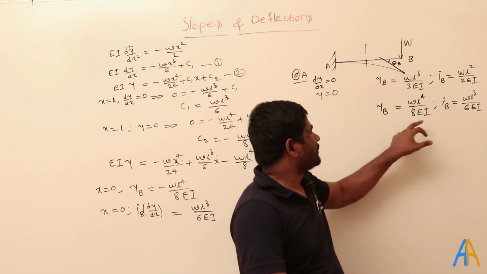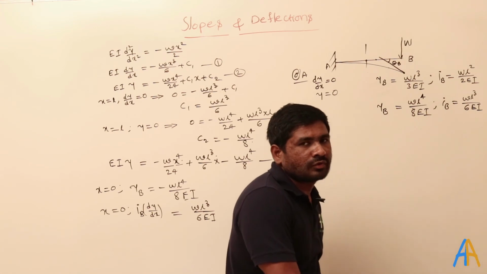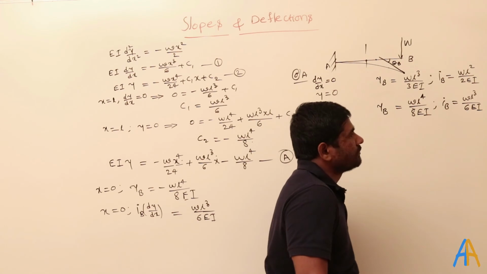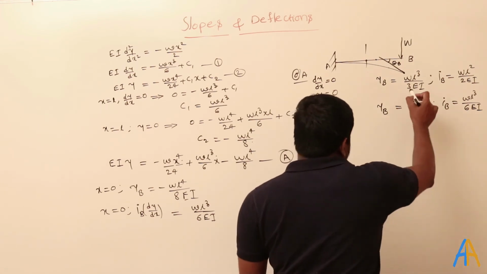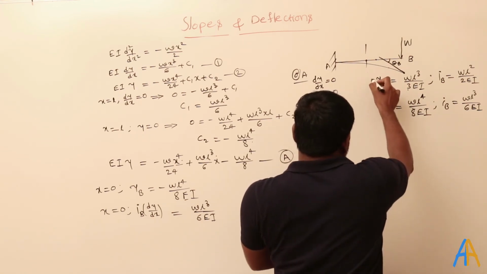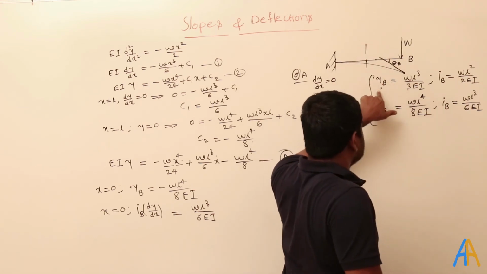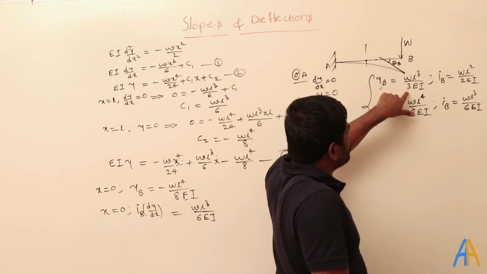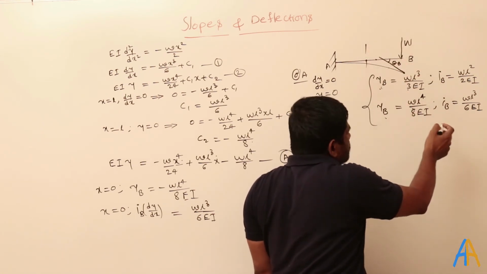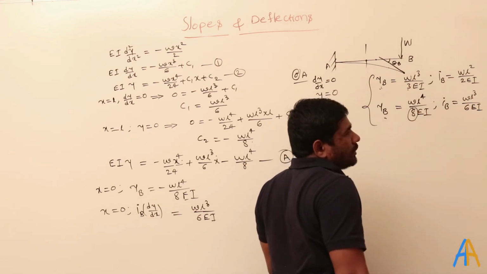See, the numbers are very simple in the case of the simply supported beam. That means the deflection in the simply supported, this is a cantilever beam. The deflection in the cantilever beam is high. How can I say high? Whenever the denominator number is less, then it is high. And if you compare between these two, this is uniformly distributed and this is the point load. For the point load, the deflection is more. Why? Because the entire load is concentrated at a point. But here instead it is distributed. That is why this value is less. Why? Because 8 is more in the denominator.